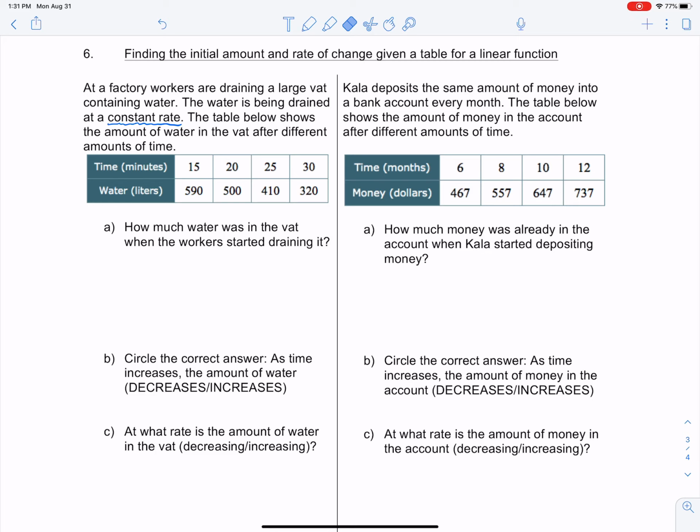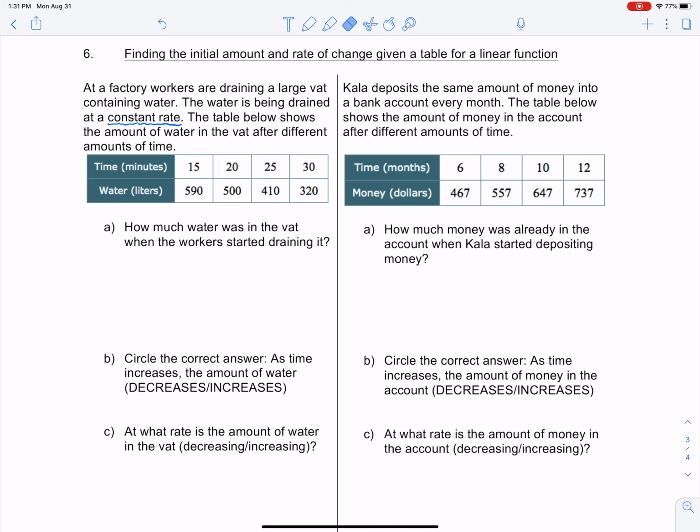So let's see what we're trying to figure out here. How much water was in the vat when the workers started draining it? Well, when they started draining it, the time just started, so it would start at 0. So we need to go back in time almost. So how we're going to do this,